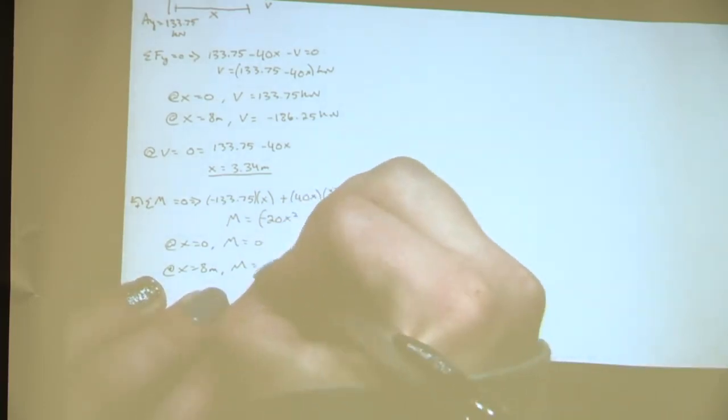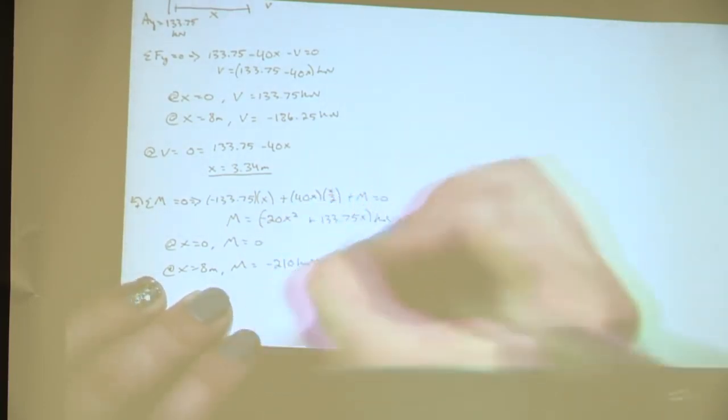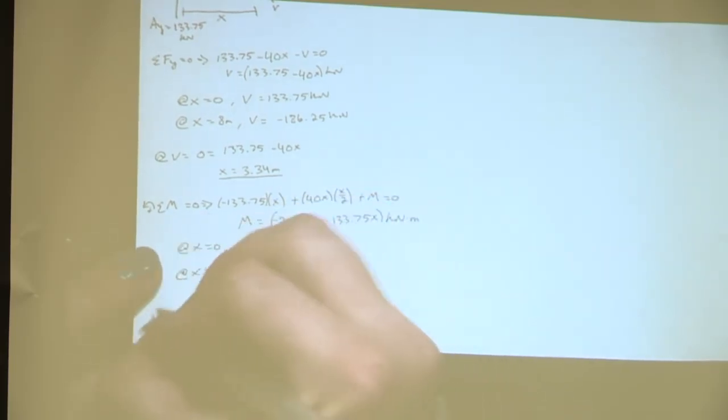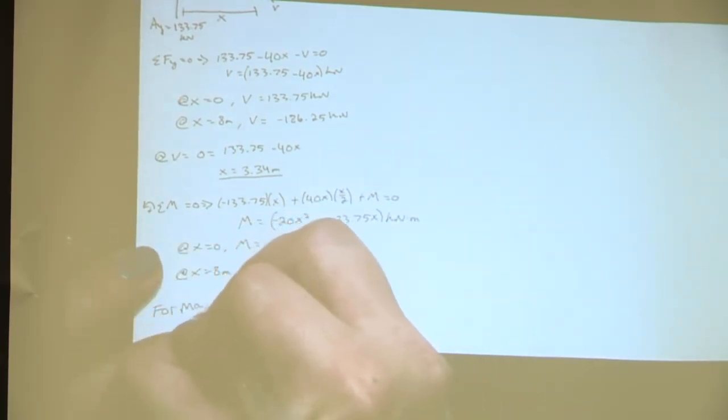So negative 210 kilonewton meters. Okay, now do we need to do anything else with this equation? Okay, awesome. So find the moment at 3.34 meters, which will tell us what? Awesome. So for max bending, you could say for max m